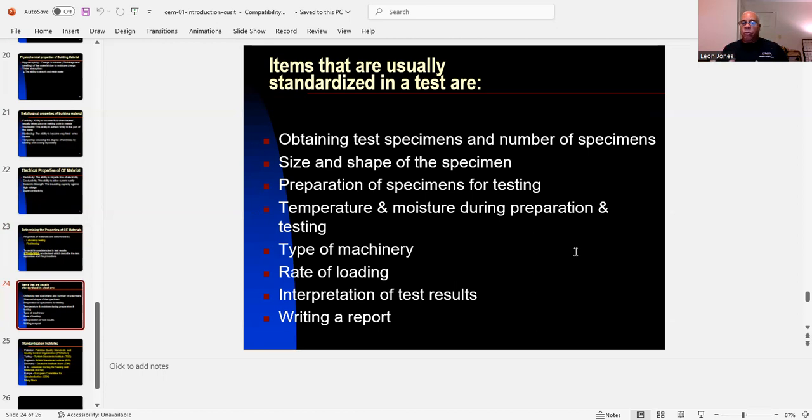What you have to do when you test, first you got to obtain test specimens, and you have to have a number of specimens. Then you look at the size and shape of the specimen. Then you have preparations of specimens for testing. I'll give you an example. When I am preparing to test concrete,